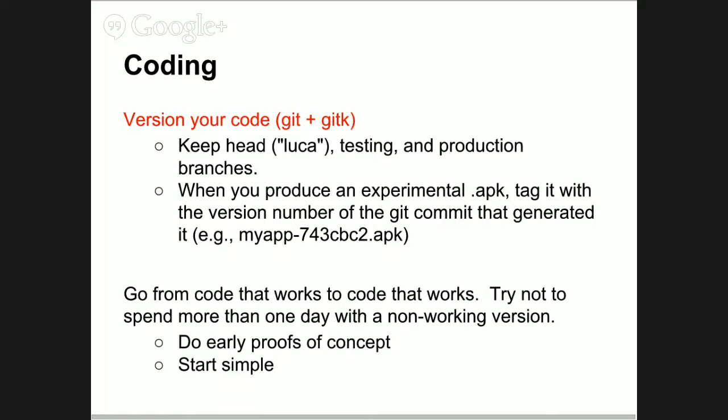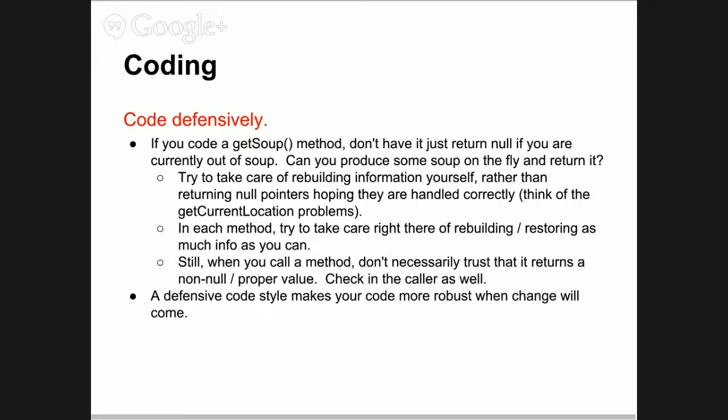Another thing that I don't see done all the time, but that helps me incredibly, is this: I code very defensively. So I always assume that other things can go wrong at any time, and I always try to make sure that my code tries to fix as many errors as possible. Meaning, imagine that you have this getSoup method that builds a soup and returns it, and imagine that there is no soup. Would you return a null pointer?